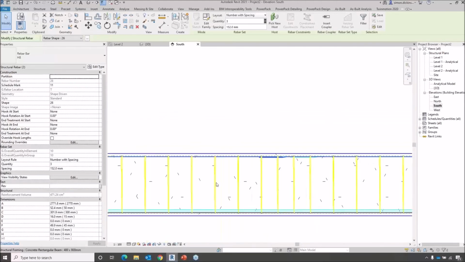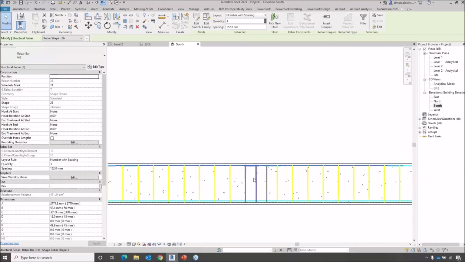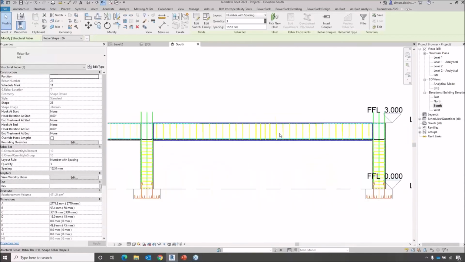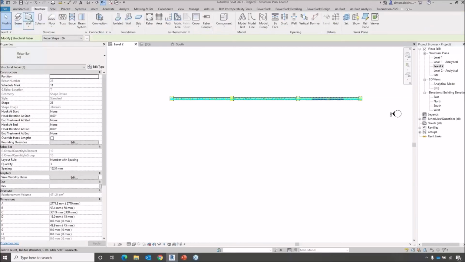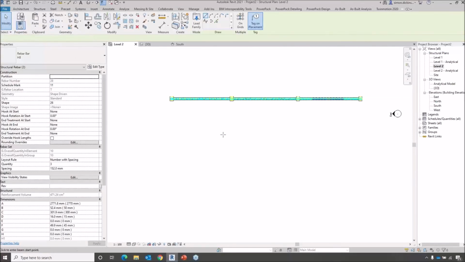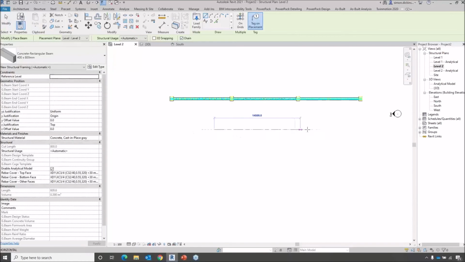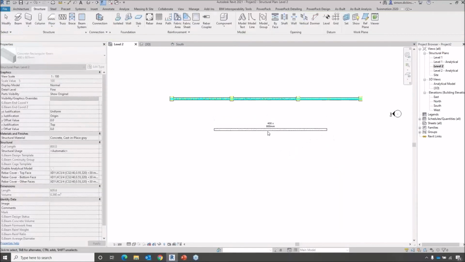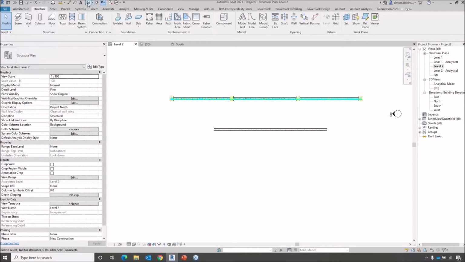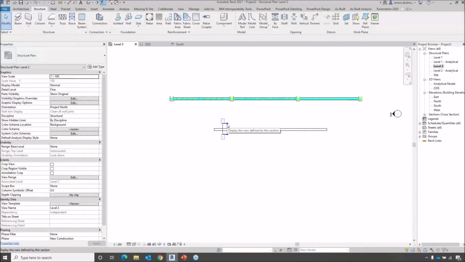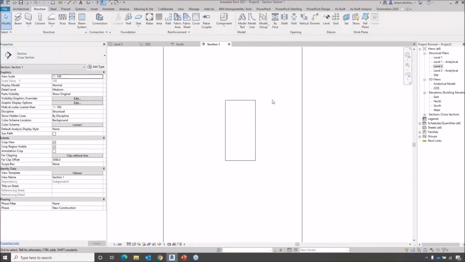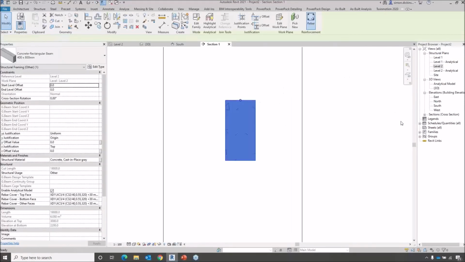Now, obviously, all the reinforcement in here I created using our tool. It's all done using the PowerPack tools. However, if I just came into here, and let's just go to beam, and let me just have a nice floating beam in here. Okay, so here we have standard beam, and what I'm going to do is I'm just going to pop a section in here. Okay, and in we pop,